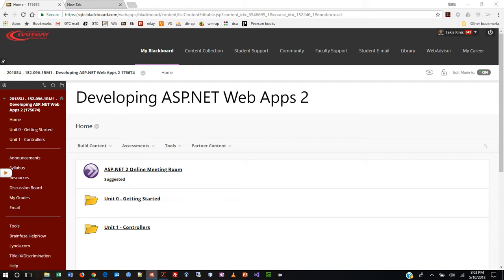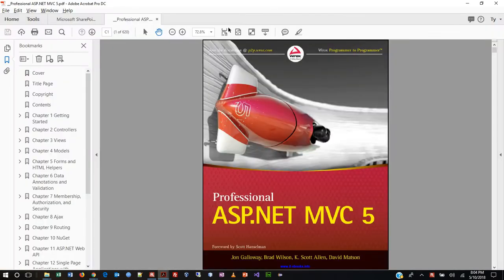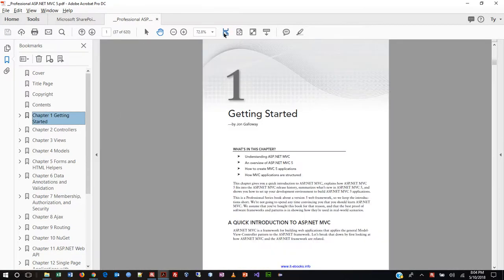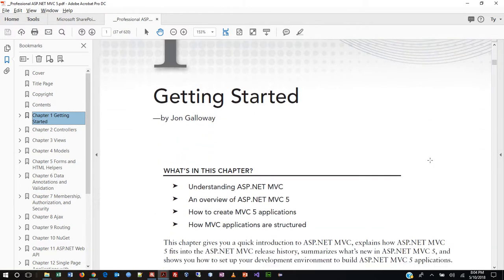This book is actually a few years old, but ironically, the MVC 5 technology is really just now starting to gain a lot of favor with developers. There is an MVC 6 out there that hasn't really been heavily used by a lot of people. But our book focuses on MVC 5, and I'm going to bring that up on screen here, and jump right to chapter 1 and start talking about some of the concepts in here, and